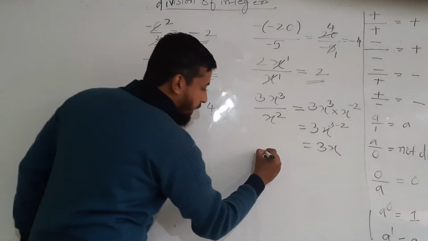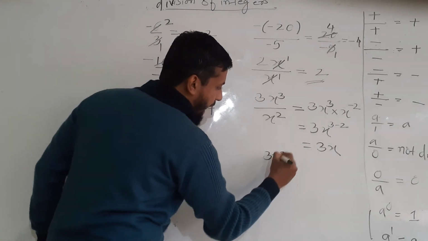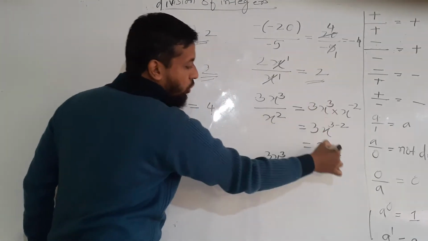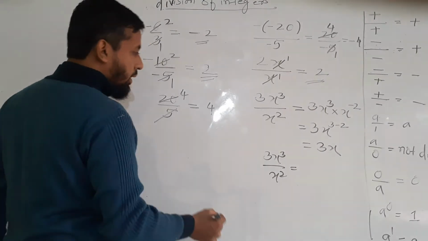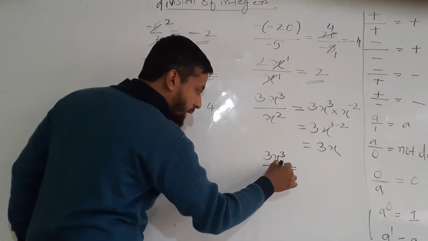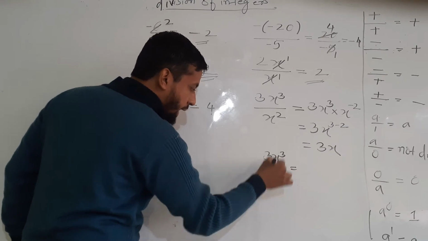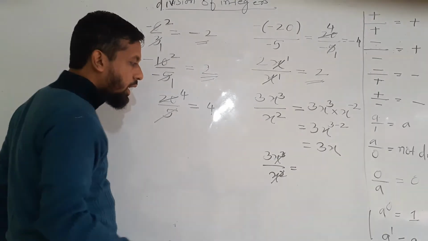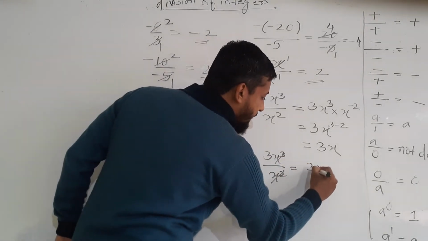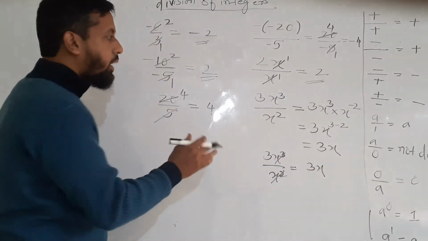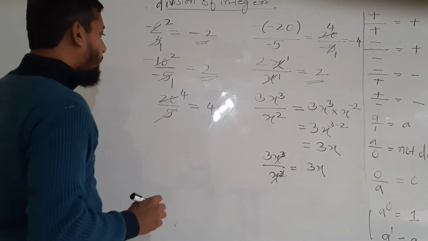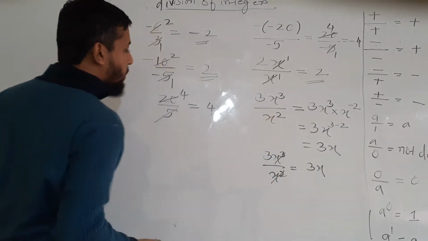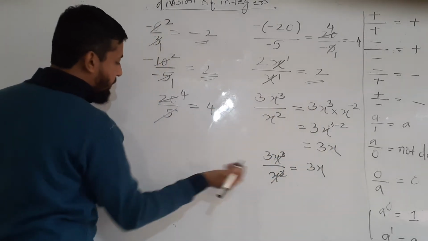Now, this question can also be solved like this directly. I will show you in detail. Now, what you can do from x cube, this x square, and from x cube only x square get cancelled. Then remaining will be 3x. Like this also you can write it. Keep in mind. Like in these problems also, the variable type problem also, there may be a question of sign like this.